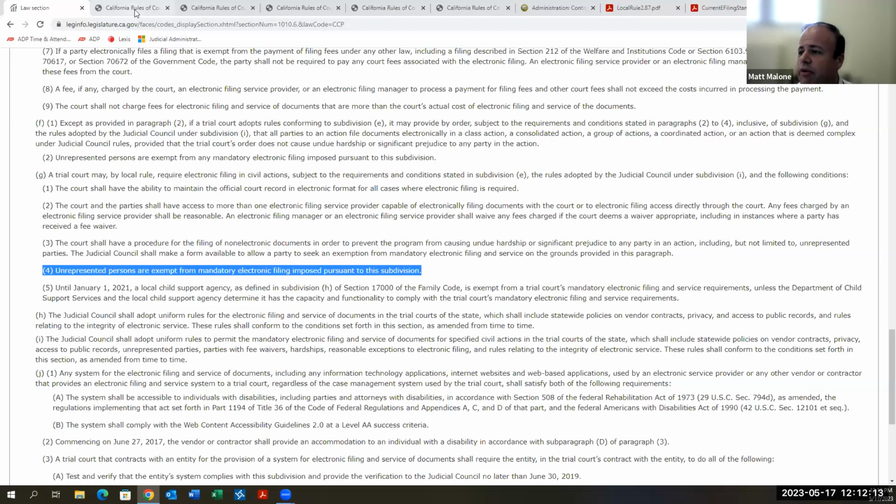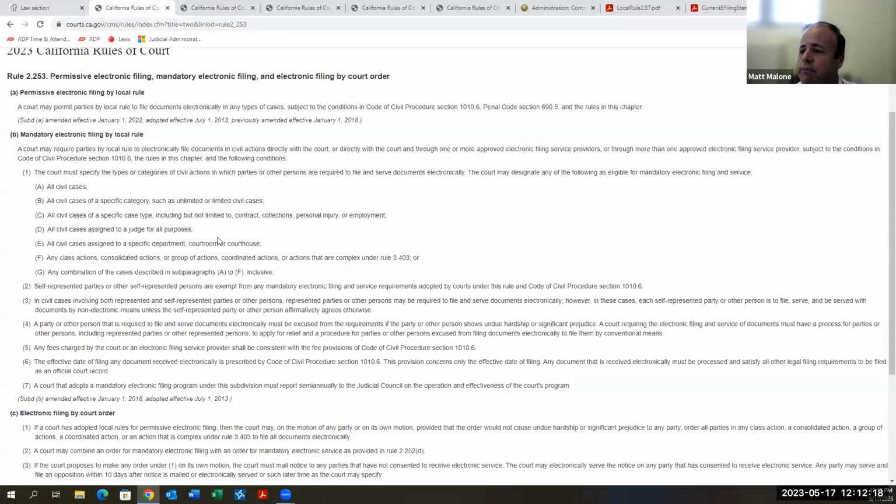We're going to move quickly through the rules of court. Again, these will be in your materials. Rule 2.253 is what gives us mandatory electronic filing rules. The key points here are that the court has to specify the types of civil actions where there is mandatory filing. I will come to that at the very end. You can see a little thing up top, current e-filing standing order. I'll talk briefly about the categories that we have as e-filed, but that's primarily informative for you. That's the rule that governs it.